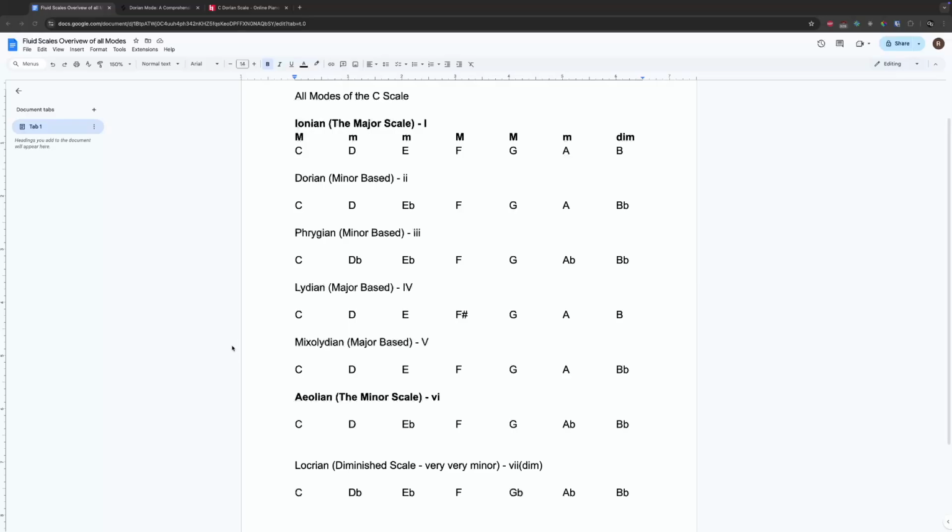So the way that we're going to do this is we're going to say that C major, C Ionian, is the main mode or the main scale that we're going to be writing with. But let's say we want to add some spicier notes into the mix, and we're going to use F sharp and B flat as well. So laying this out on an actual piano,